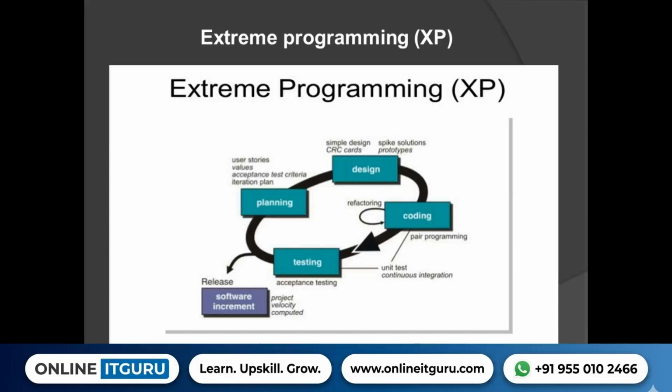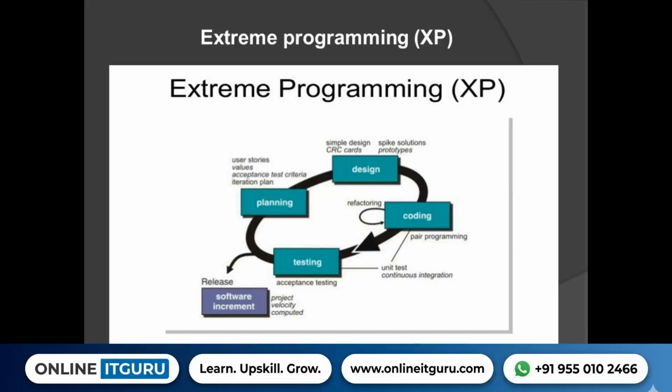Once the user enters the amount, the system again reconfirms with the user to check the amount. If the amount is correct, the system will ask to click on yes. If the amount is wrong, then the system will ask you to re-enter the amount. In this way, we are going to put all the requirements in the form of stories. Those stories are nothing but user stories, and we are going to prioritize those stories. That is nothing but planning the game.